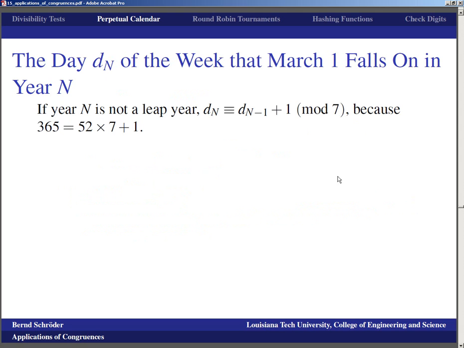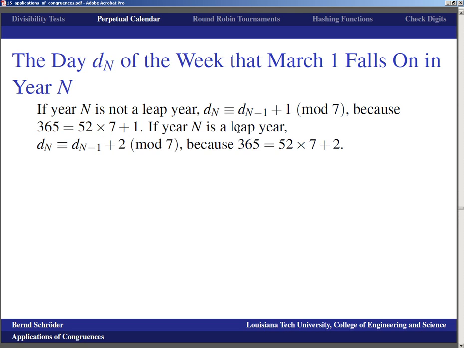Okay, so if we want to work out the day, the first step now is to work out the day d sub n of the week that March 1 falls on in the year n. And so if year n is not a leap year, then d_n is of course recovered from d_(n-1) by adding 1. And of course you go modulo 7 because days go modulo 7. And that's because the 365 days in a year that is not a leap year are 52 times 7 plus 1 days. If the year n is a leap year, well, then you have to add 2 to the day that it was in the n minus 1st year, modulo 7 again, because